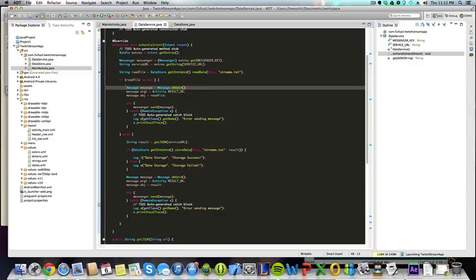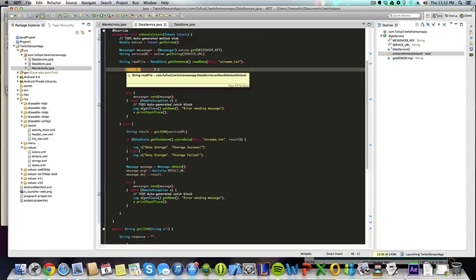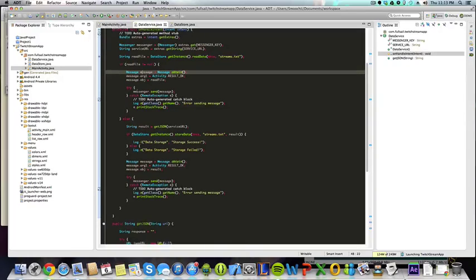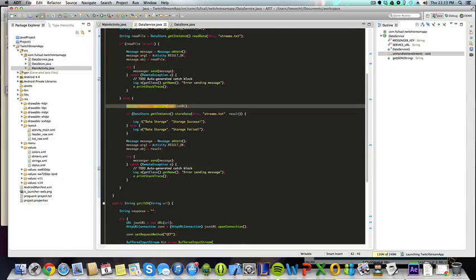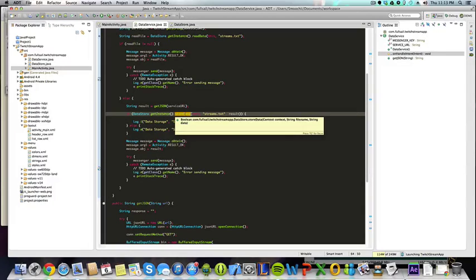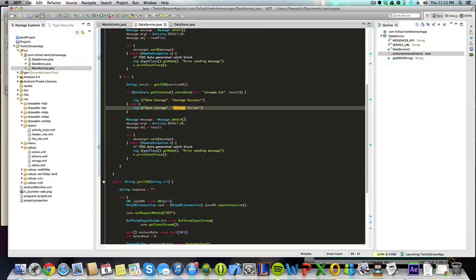I check if it's nil. If it's not, then I send the cached version through the messenger. Otherwise, I perform the JSON call. So here's my get JSON right here, which I'll show you guys in a second. And then I perform my store data, which returns a boolean as long as it's stored correctly. So basically this just says if that's true, then I just log this to make sure it's stored correctly. And then I send that result through the